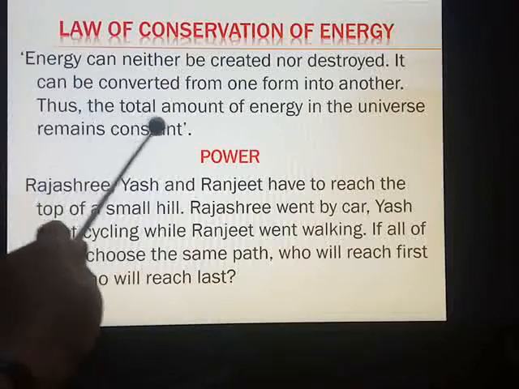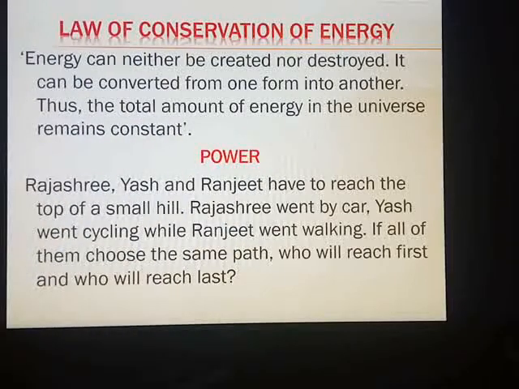Thus, the total amount of energy in the universe always remains constant. The total amount of energy which is existing in the universe will remain constant. It will not decline, neither will it rise. It can only be converted from one form to the other form. After that, we had seen the free fall. For free fall, you had taken different positions of the object when the object is stationary or when the object is reaching a certain point, and then we had derived how the total energy remains constant.